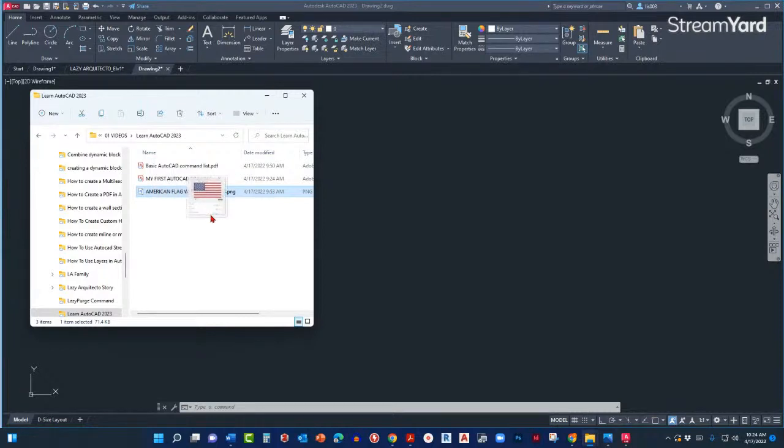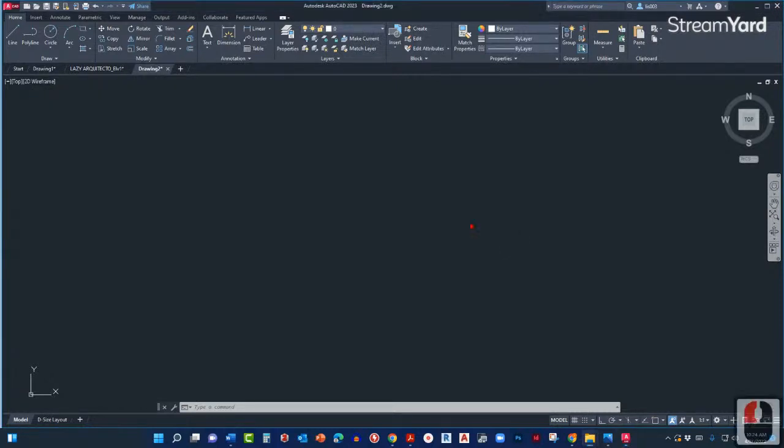So I'm gonna left click and then drop it over here like so. So again, I'm on drawing 2. I'm inserting this American flag image here in model space. So once I have it like so, I'm gonna follow my command line over here that says specify insertion point